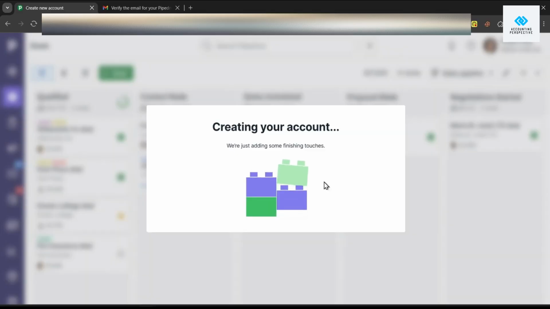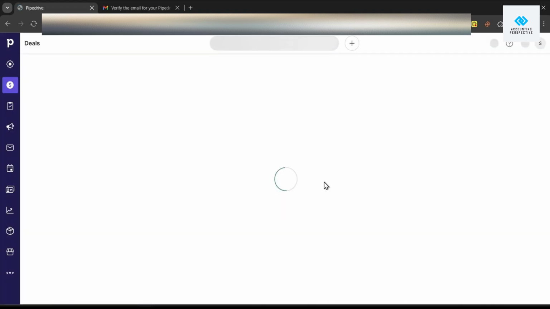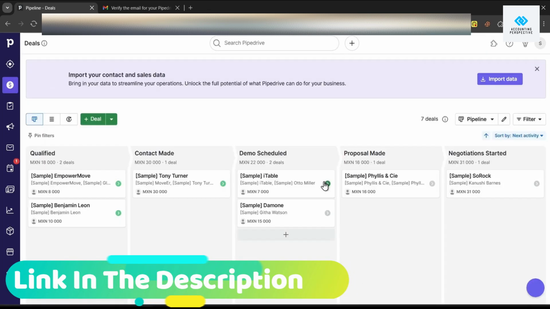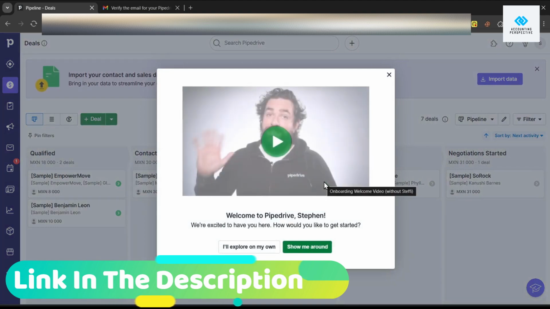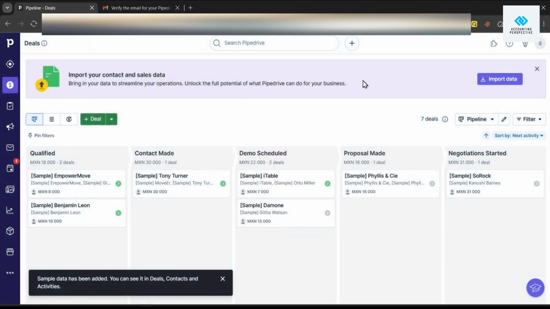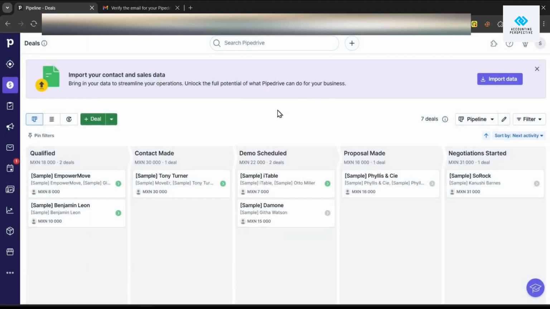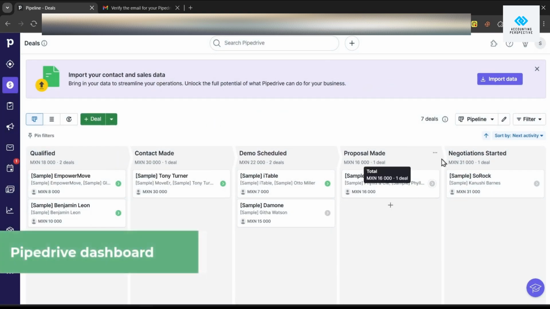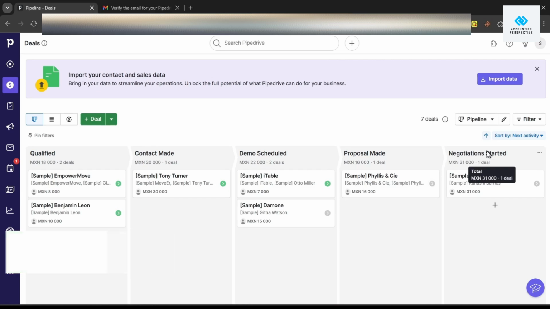And once my account has now been created, let's deal with the deals view and highlighting the pipeline. So here you see your pipeline, customizable to your specific sales process. By default, you will find stages like the lead in. Let's close this. You have, for example, the contact made, you have the proposal presented, and so on and on. Negotiation started, whatever. So basically here, the real power of the pipeline lies in its flexibility, because to customize your